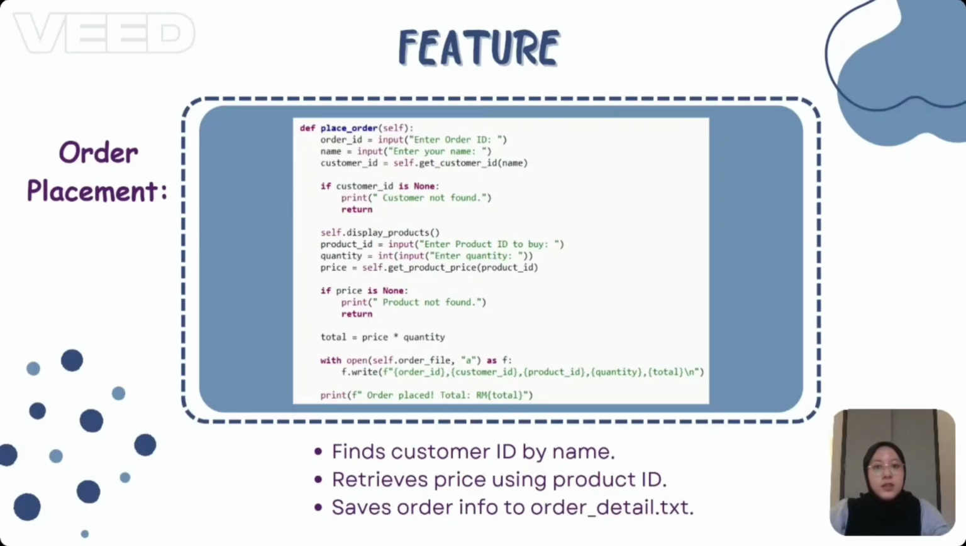So this function delivers a complete and readable order placement process by validating customer and product data, using helper functions for customizable code, saving orders efficiently to file for record keeping, giving clear feedback to the user at each step, and lastly, it improves the system's usability, structure, and reliability, making it easy for users to interact with and